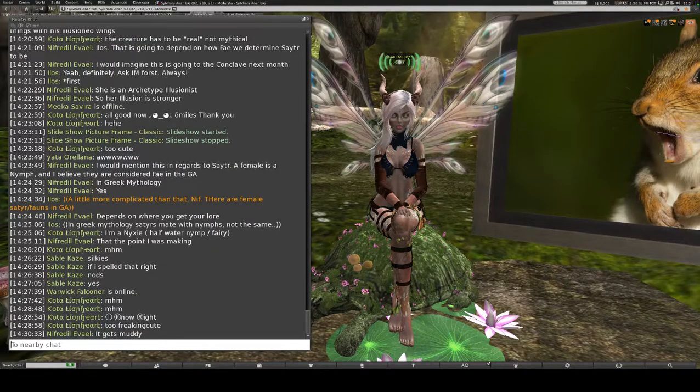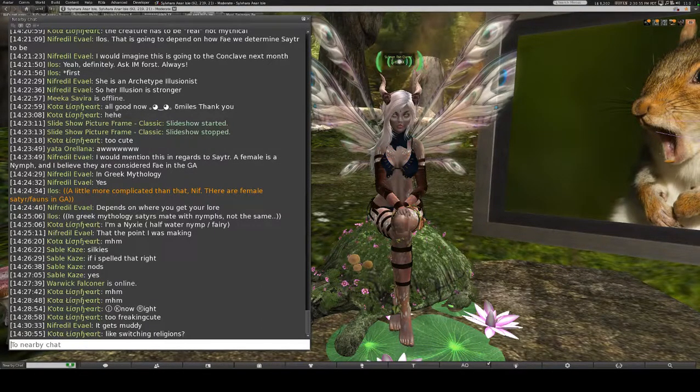If that makes sense. It does get really muddy. So if you are an earth-based Fae, you are an earth-based Fae. You really shouldn't be going about switching your element because things kind of get confusing and weird. You kind of want to stick with what you initially went with, because if you're changing things willy-nilly, people will kind of, it is kind of like switching religion.